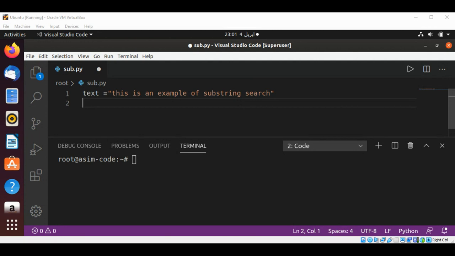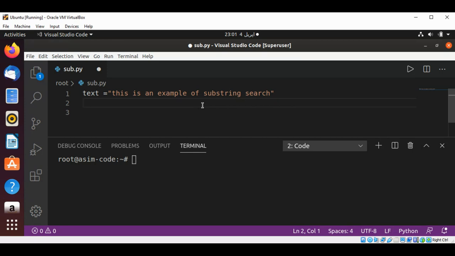In this video, we will learn about searching for a substring in a string. Over here, I have a variable called tags set to this value. If I want to find the number of occurrences of a substring, I can use its function count. For example, if I want to count how many times "off" appears in this string, then I'm going to